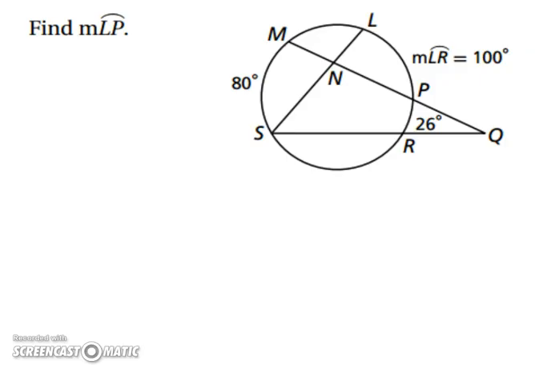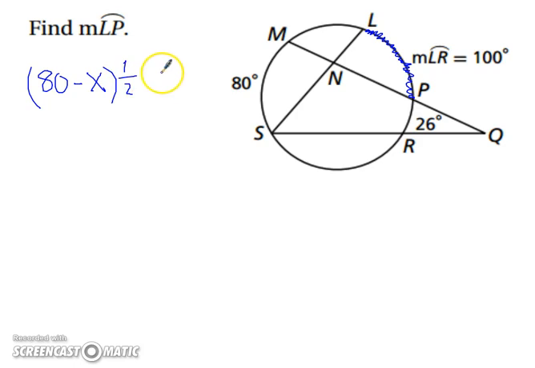Try this example. Find the measure of arc LP. So you're looking for this arc right here. Take a moment and try it on your own. For this, we can look at the measure of arc MS, the measure of arc PR, and the measure of angle Q, which is 26 degrees. So if we take our larger arc, subtract our smaller arc, divide that by 2, we'll end up with our exterior angle out here. So in this case, we have 80 minus your unknown,